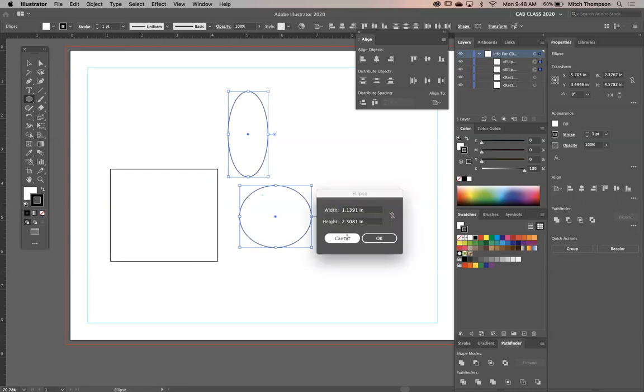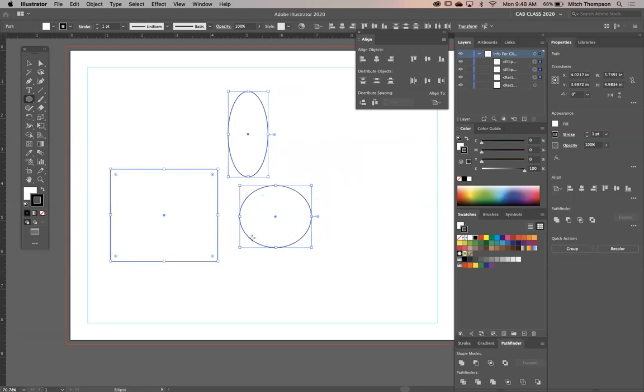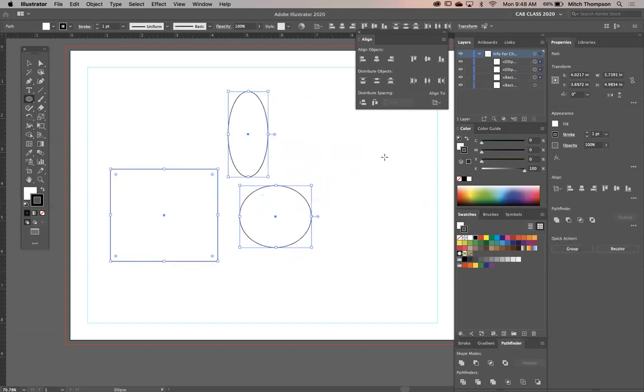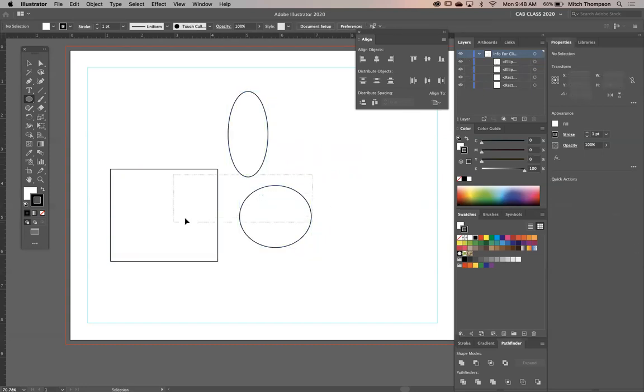Neat, eh? So I always go Command, arrow, select, Command 2. Notice how it will then lock all of these sublayers. Command Option 2, unlock. So really, really great shortcut. That locking is really handy.